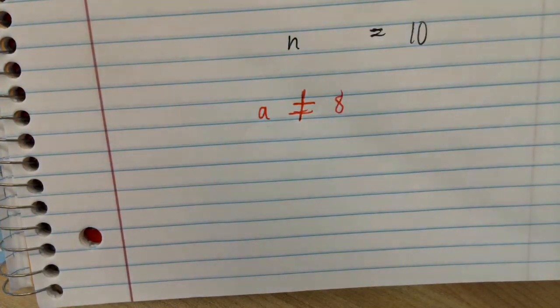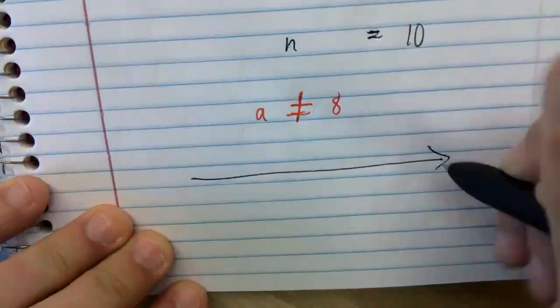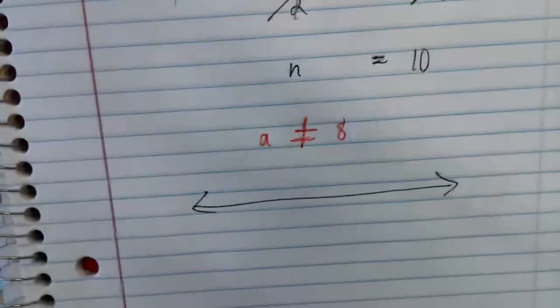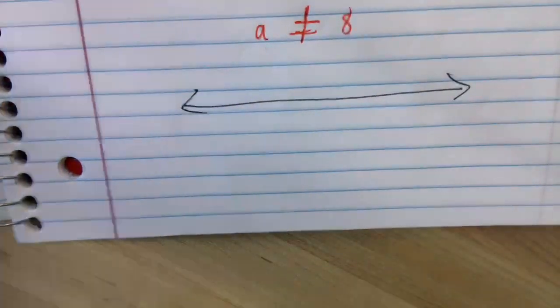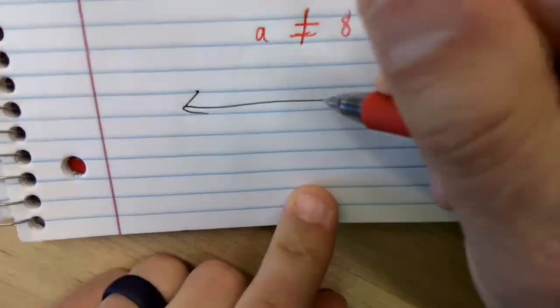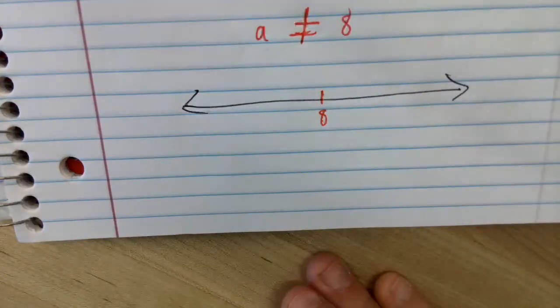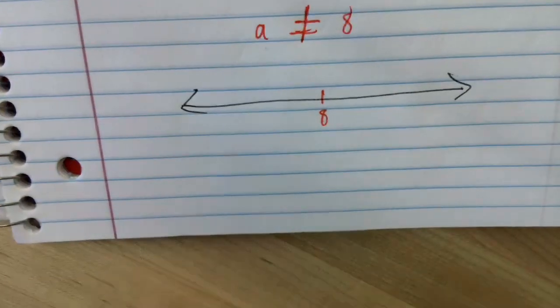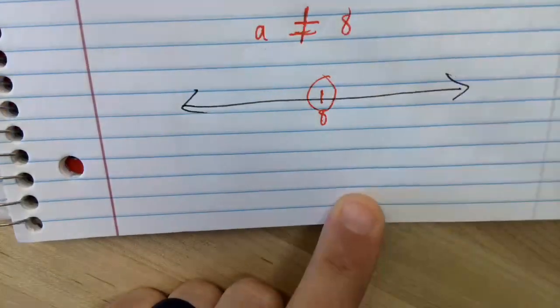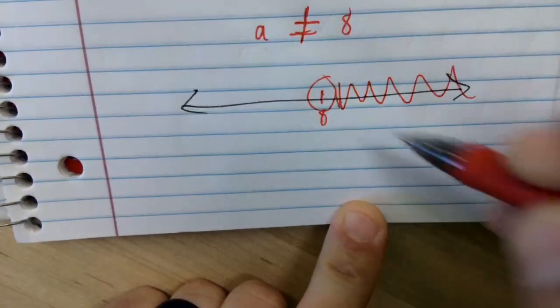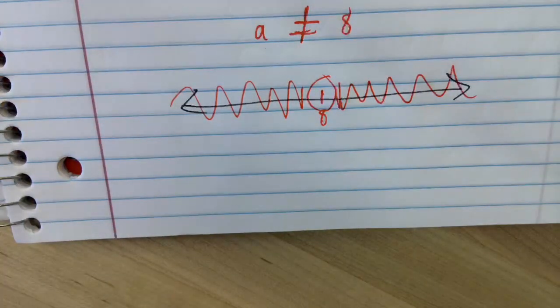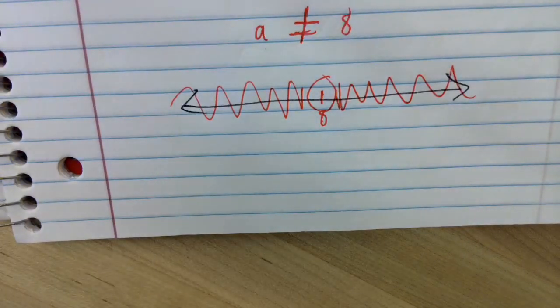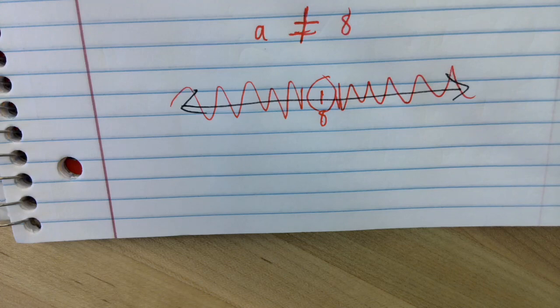Now on a number line, hang on, don't miss this part. On a number line, what would that look like if a can be anything but 8? It could be lower, it could be higher. Could be lower or higher. Those are my 2 options, right? But it can't be 8. So what could I do to illustrate that? Everywhere bigger than 8. Everywhere smaller than 8. But not 8. Okay, that's all lesson 89 is about. Now they will extend that to greater than, less than, but I think you guys can handle it if you spend some time